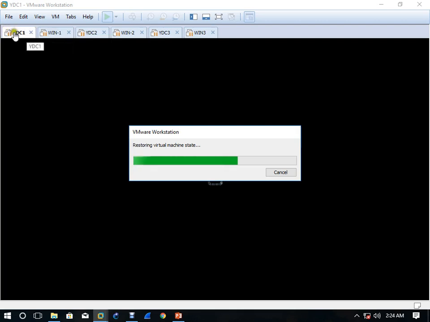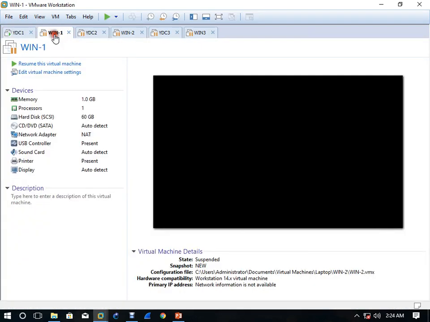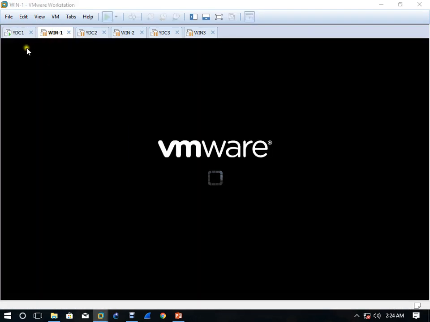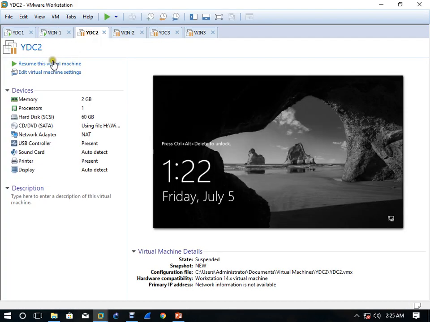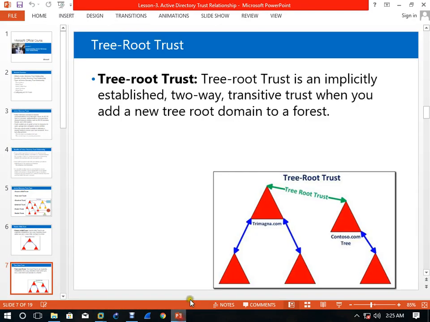This is our ist.com. This machine is a part of ist.com, it's a client of ist.com. This machine is a child domain controller, this one. This machine is a child domain controller.